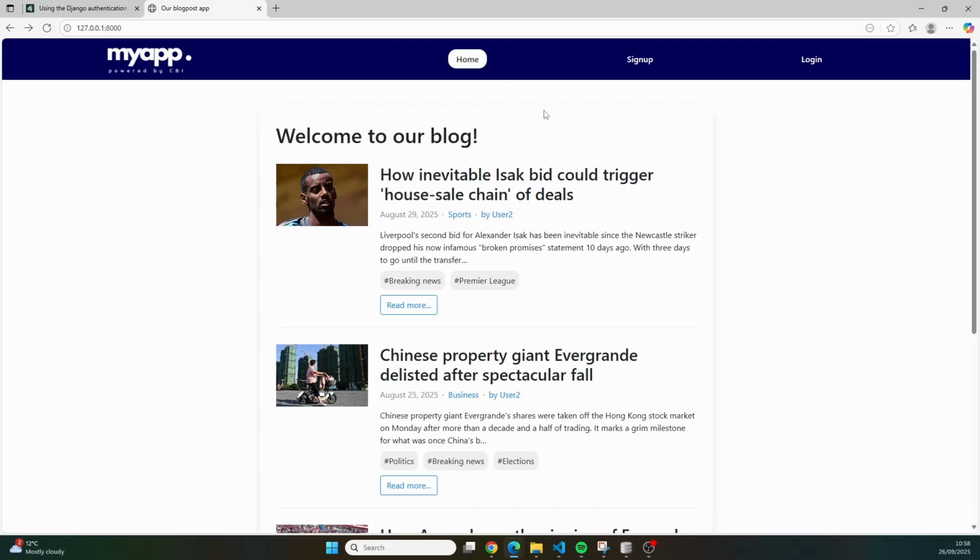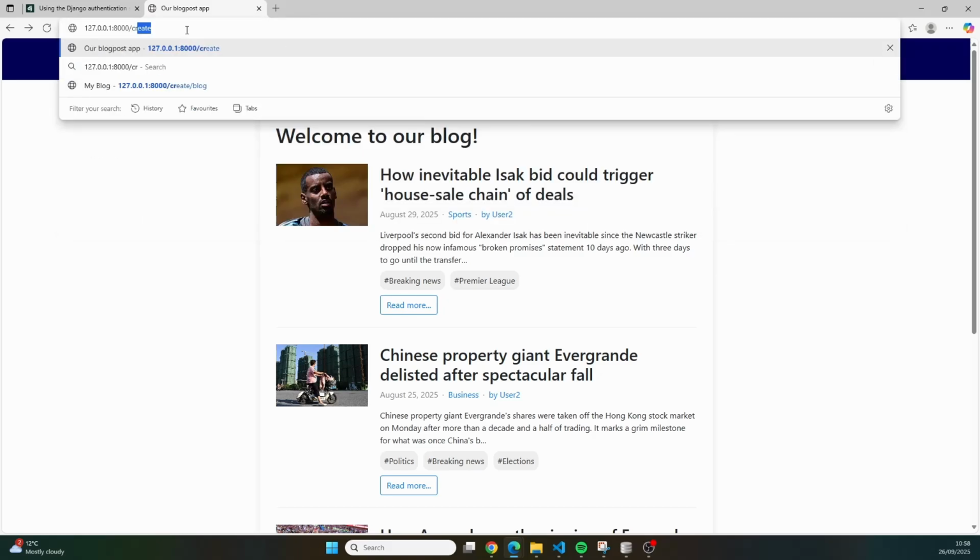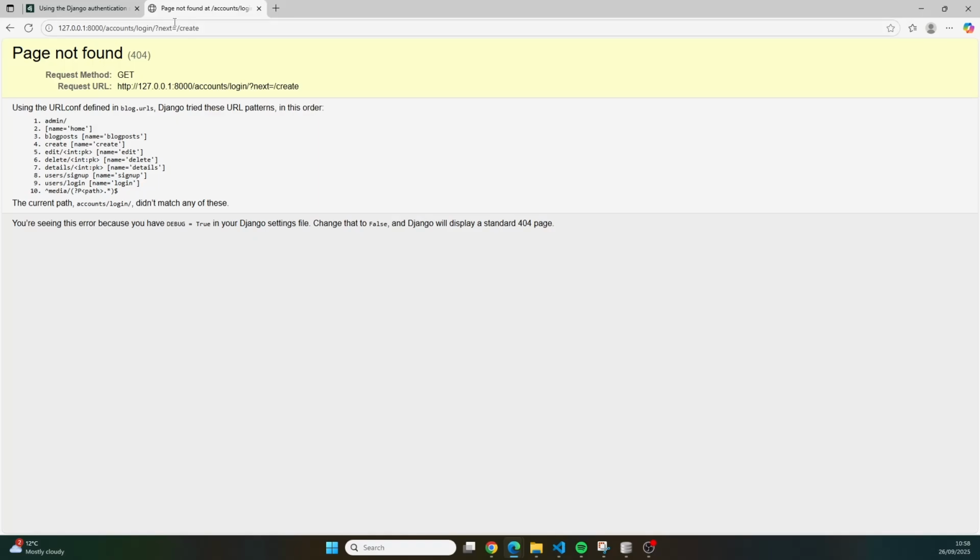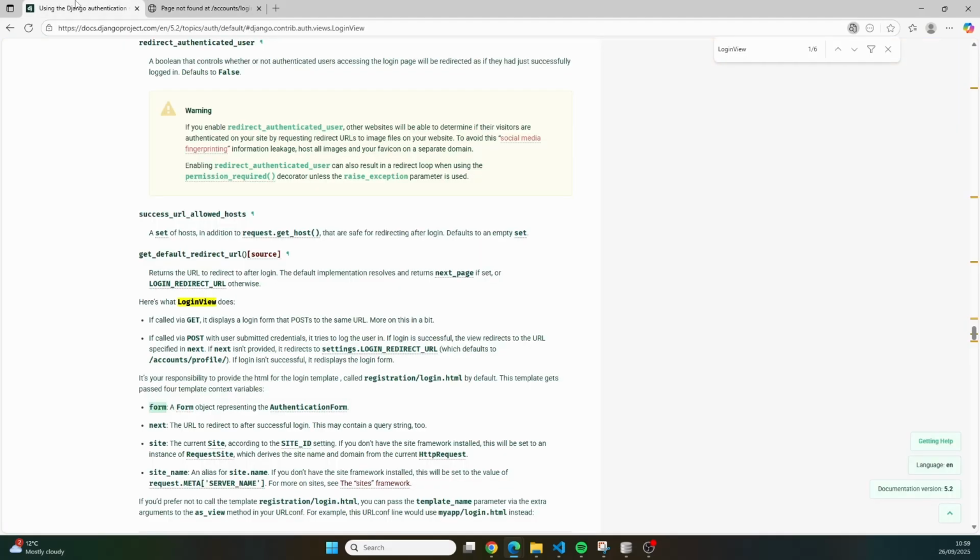So now we are logged out. So we should not be able to go to the create page. And you notice indeed that whenever I go to the create page, it automatically forwards me to accounts/login. And the reason is that that is what Django does by default. And you can also see that in the documentation because the login view by default goes to